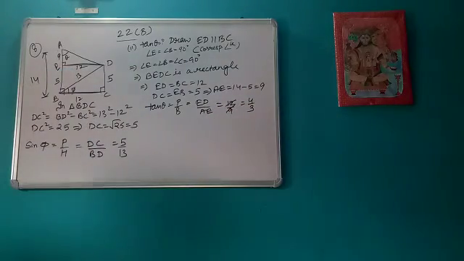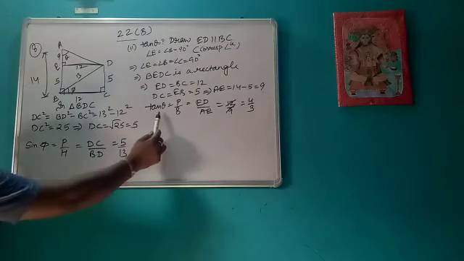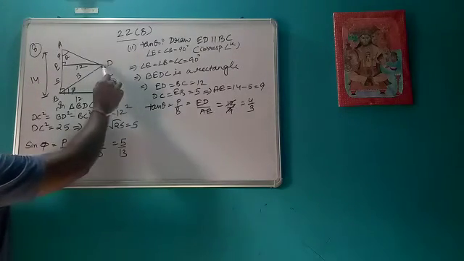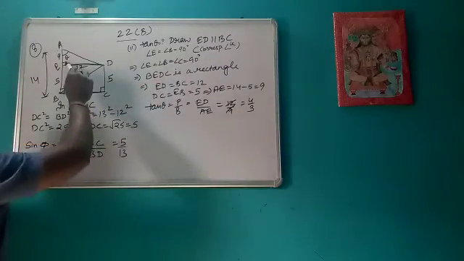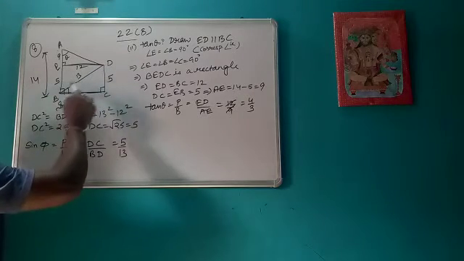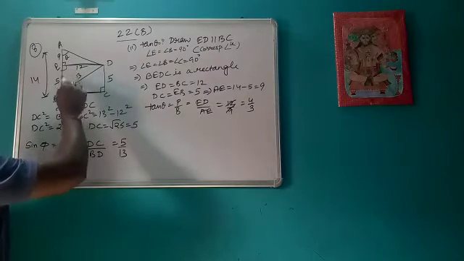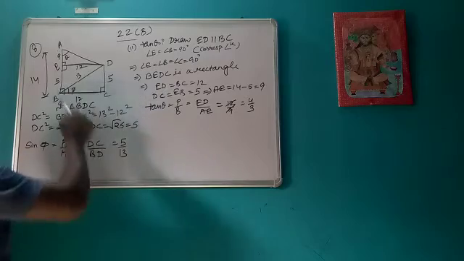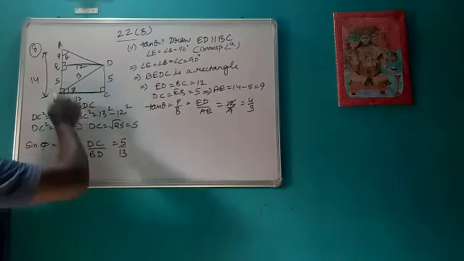So this is how you can find the value of tan theta. First we have drawn the parallel line. It becomes equal to 90 degree by corresponding angle. So this angle is also 90. 90, 90, three angles are 90. That means it becomes a rectangle.